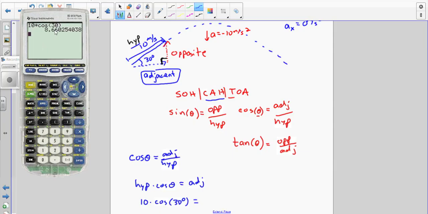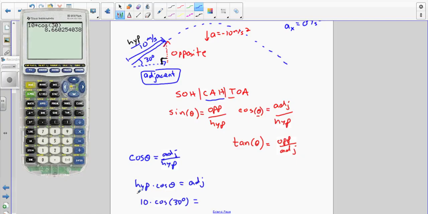If you don't get the same answer that I got, it's not a problem. It just means that your calculator is in a different mode. You're probably in radian mode. If you're in calculus, you probably did that intentionally. If you've never done this before, it just means that your calculator defaulted to radians. So I'll show you how to change that real quick. If I go into mode down here, I'm just going to scroll down to degree and hit enter. So if you have radian selected, you're getting the wrong answer. It's just because you're using different units. If your calculator is different than mine, show it to me in class, and I can help you change it